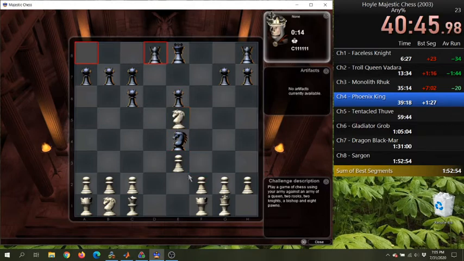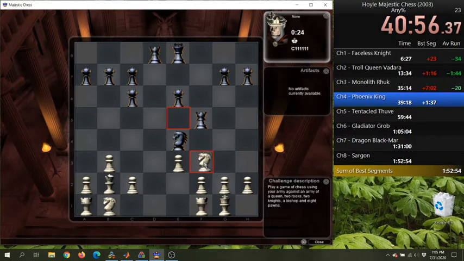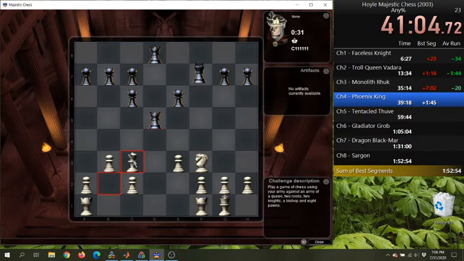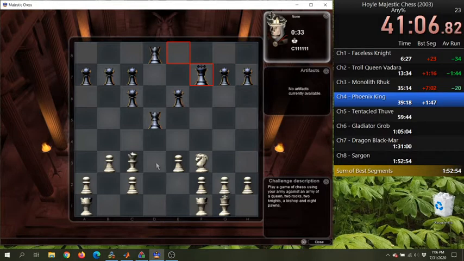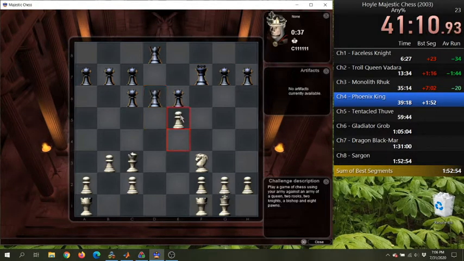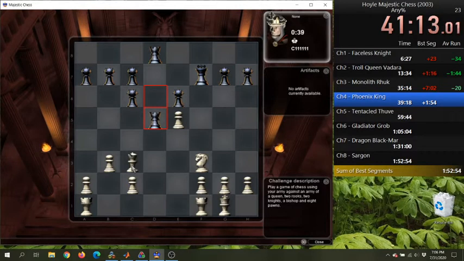Trade down. That's protected. That's all fine.